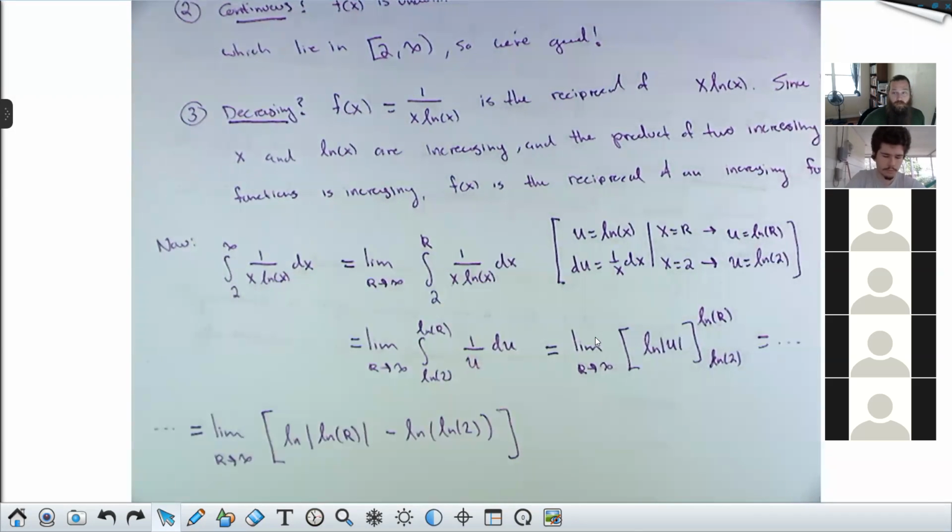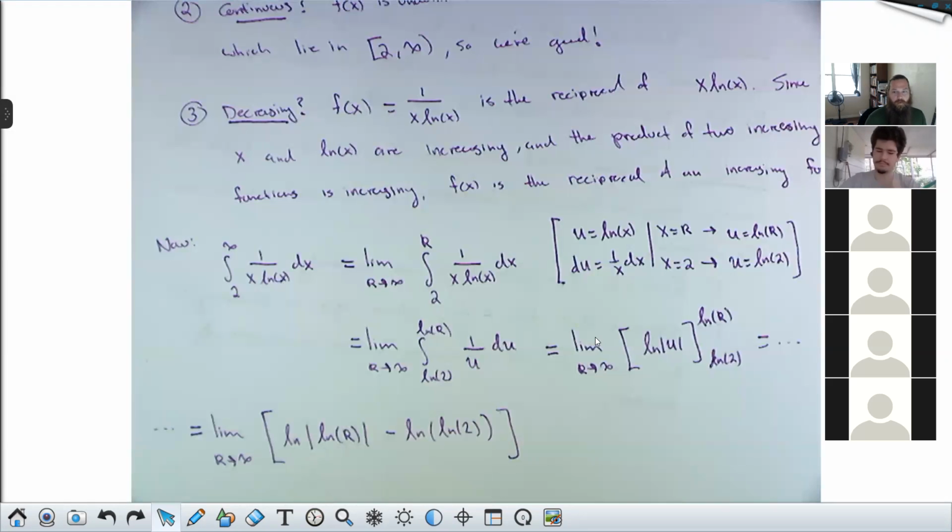This reminds me of a great joke. You're going to hate this. What sound does a drowning analytic number theorist make? Log, log, log, log, log, log, log, log, log. It's bad. It's real bad. But this sort of thing, logs of logs of logs, they show up a lot in certain places,